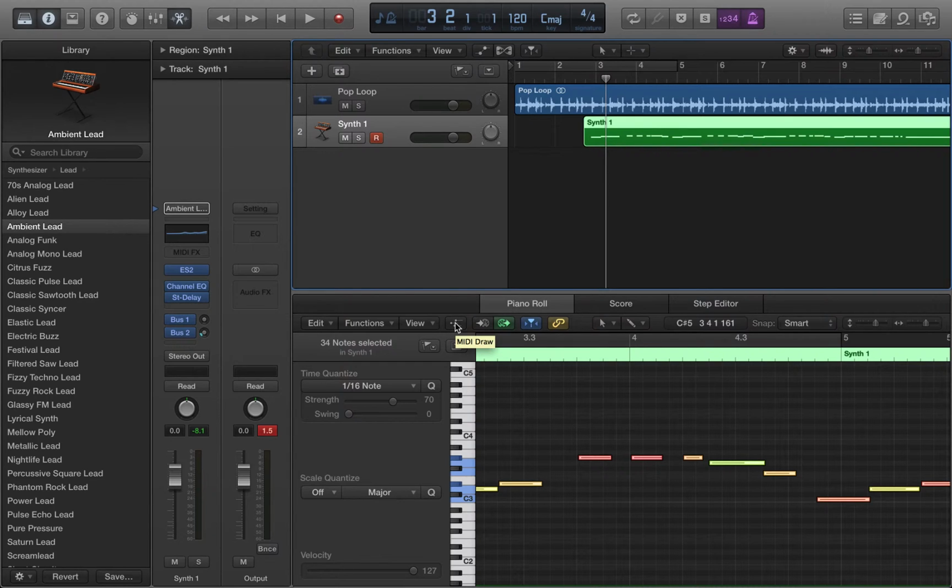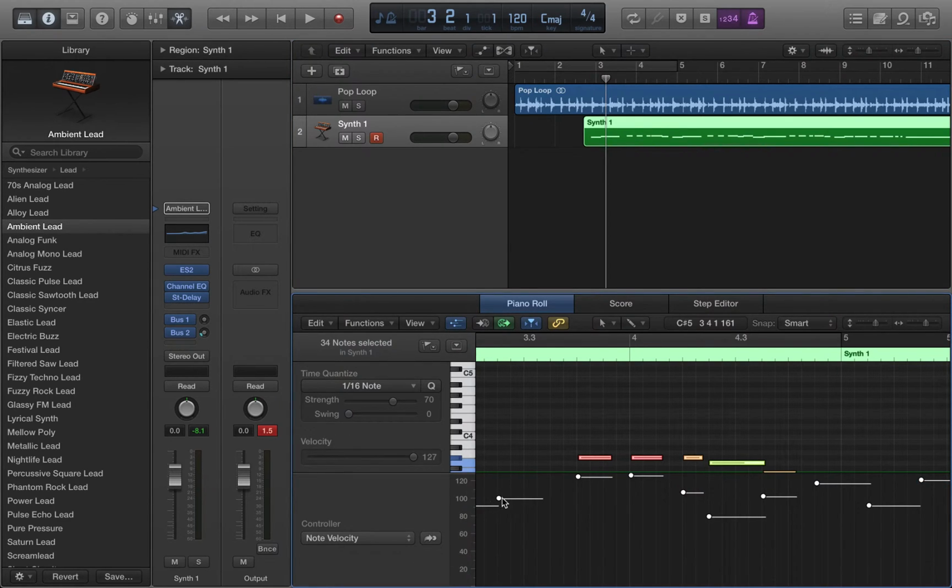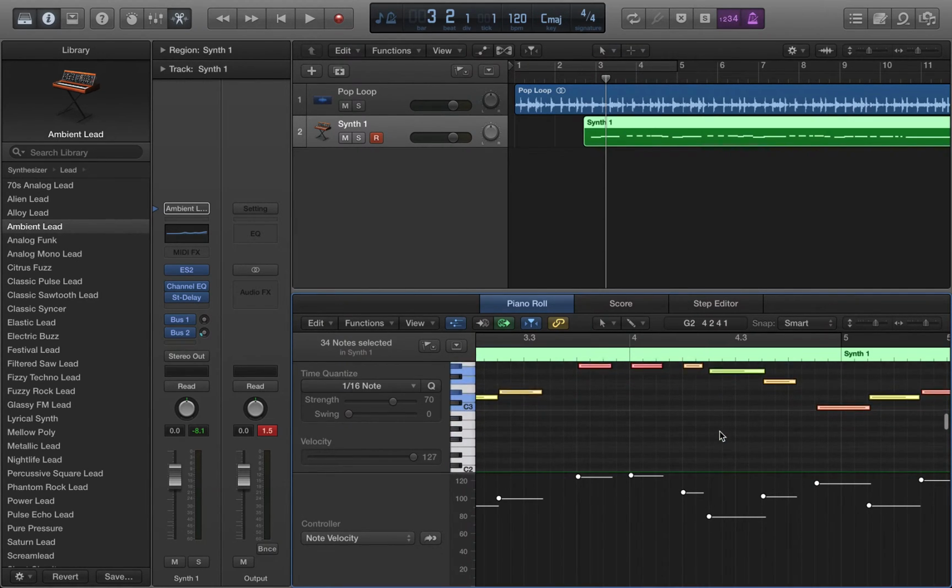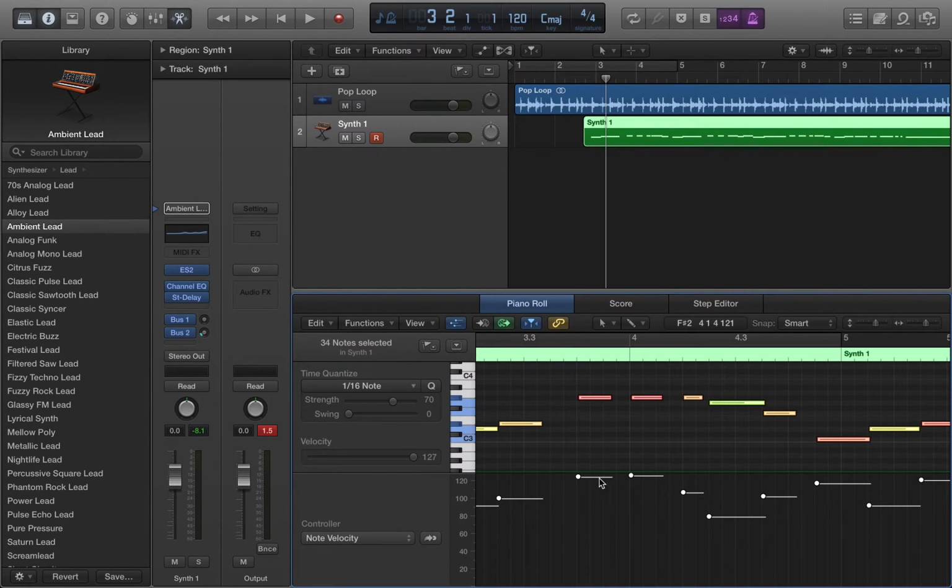Very quickly, if I just look at this aspect here, this shows the velocity of each note or each event. So we can see all those there. The higher up they are, the louder I play, or the louder we perceive them, the harder I push the key. So you can see how each note is varied, how hard I pressed each key when I played it. We've got a value of 0 through to 127 possibilities there, and the higher up they are, the louder it is. If we just listen to this little piece there,